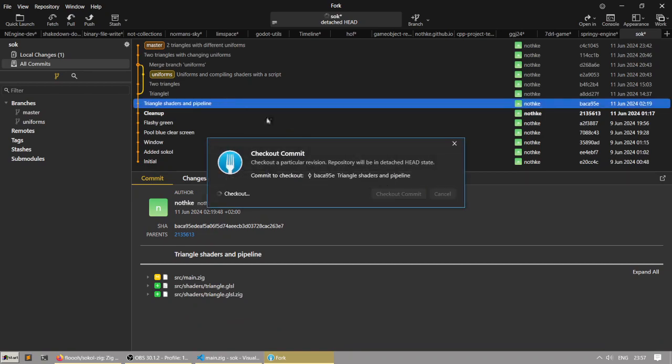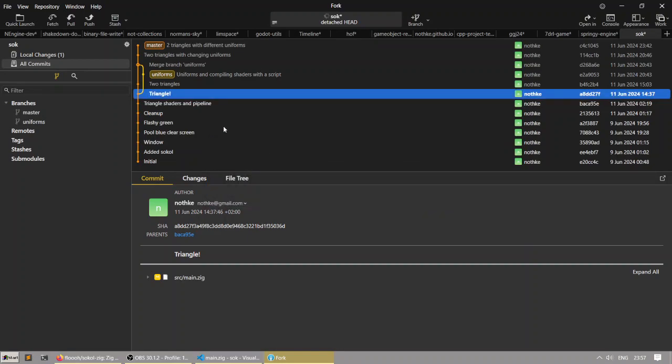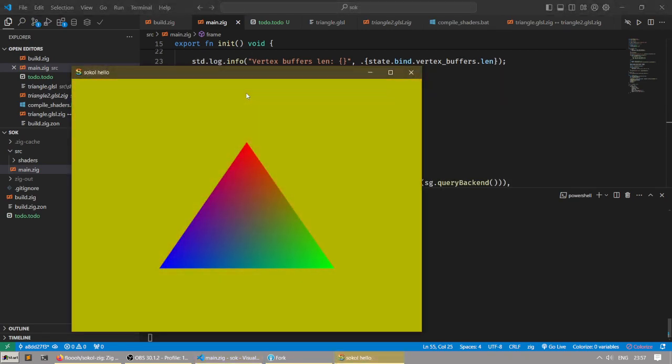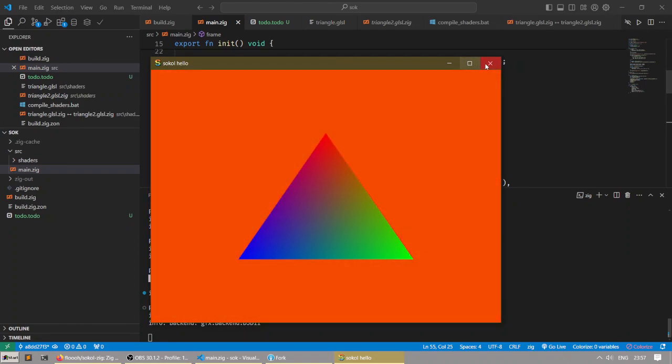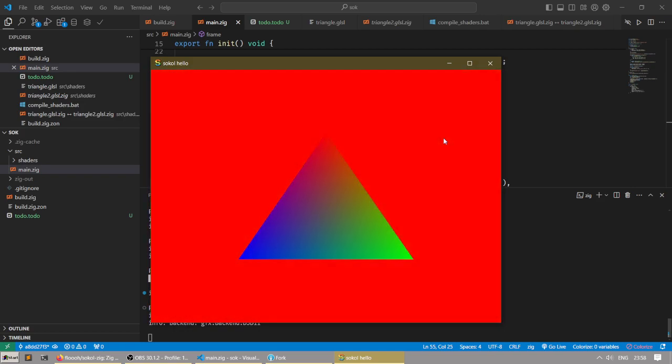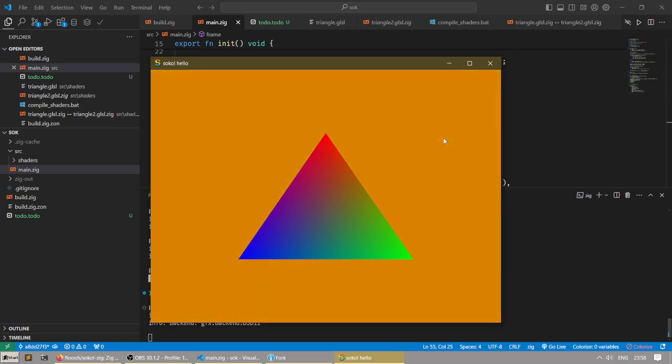So let me see if this actually works. No, I think it's the triangle that is the actual one. Let's see. The thing is, yeah, there it is. This is the triangle. Thing is that since Sokol needs to provide shaders that work across different backends, meaning it needs to work in OpenGL, it needs to work in Vulkan, it needs to work with WebGPU. It needs to compile shaders differently for every different